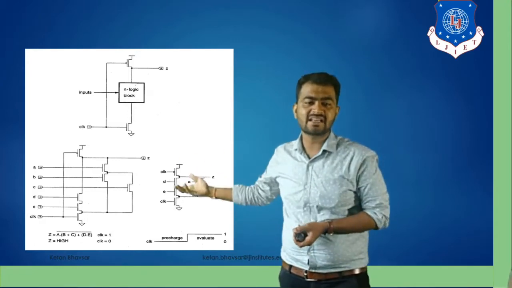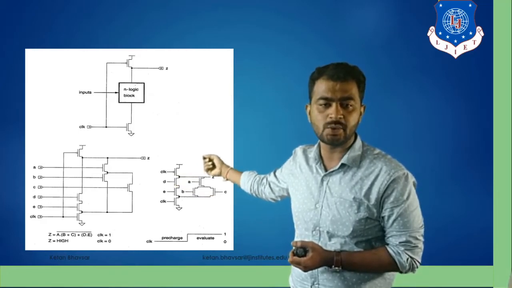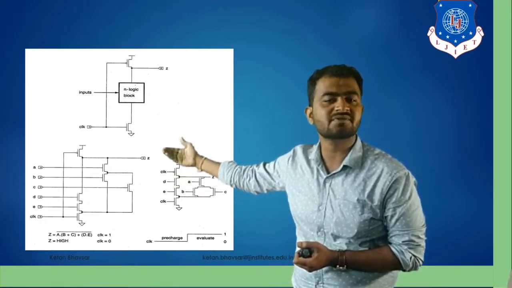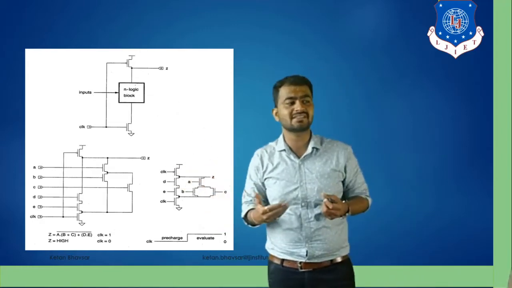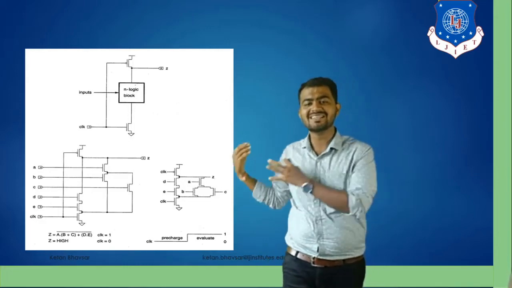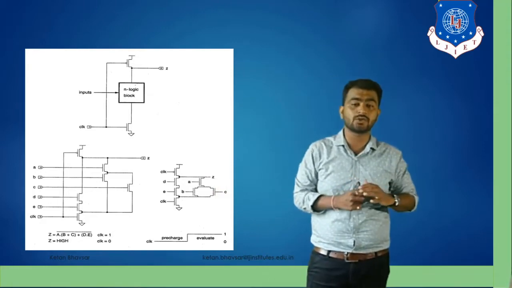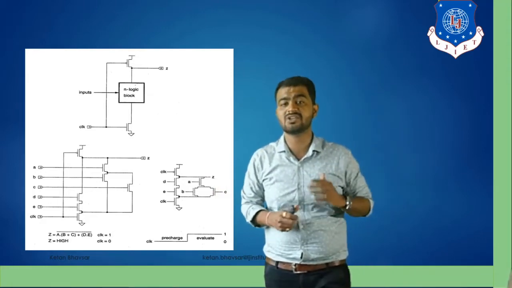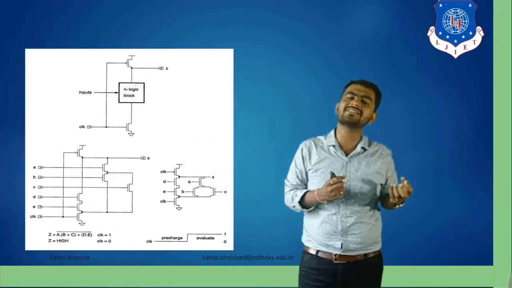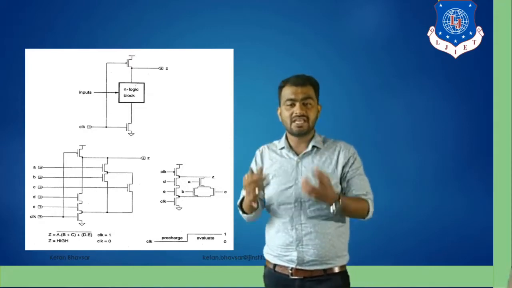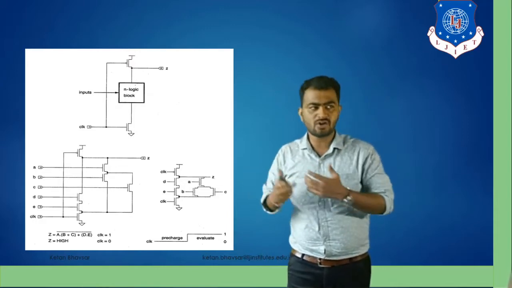Right? So here you can see one example. As you can see, Z is equal to (A into B plus C plus D into A) whole bar. So it can be designed with the help of this type of circuit logic too. There is no need to add multiple PMOSs connected in series and parallel manner. So this is a next generation technology, or we can say the latest CMOS configuration design as compared to a normal CMOS configuration. Because here you can see we reduce the number of PMOSs, and if we reduce the number of PMOSs, then ultimately what happens? The area consumption will be less and the power consumption will be less as compared to the normal CMOS configuration.